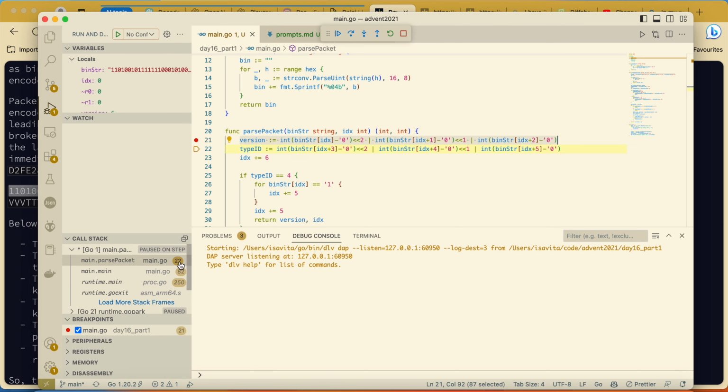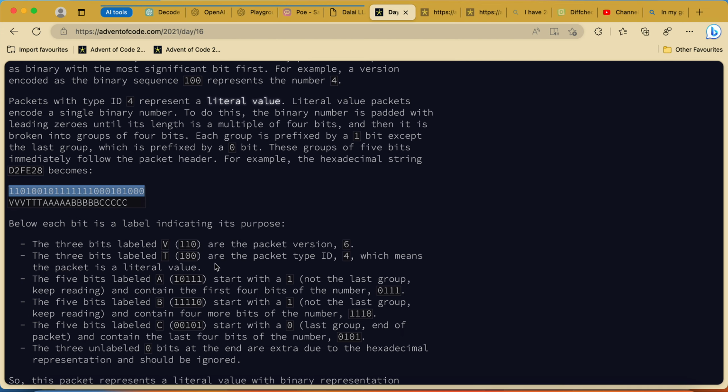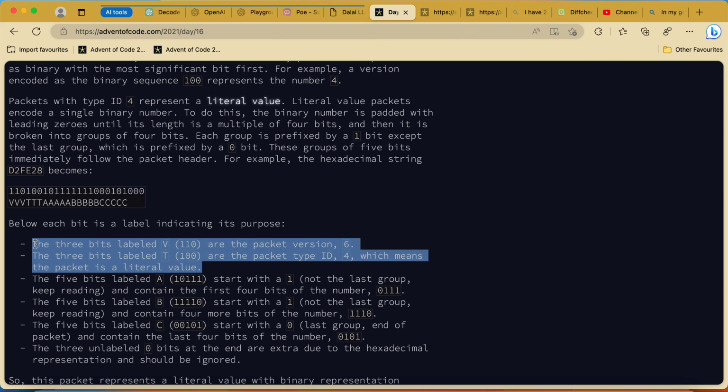The following 3 bits are indicating the type ID. Okay, that's 3, 4, 5. Okay, that all looks absolutely fine. I can understand why that is.